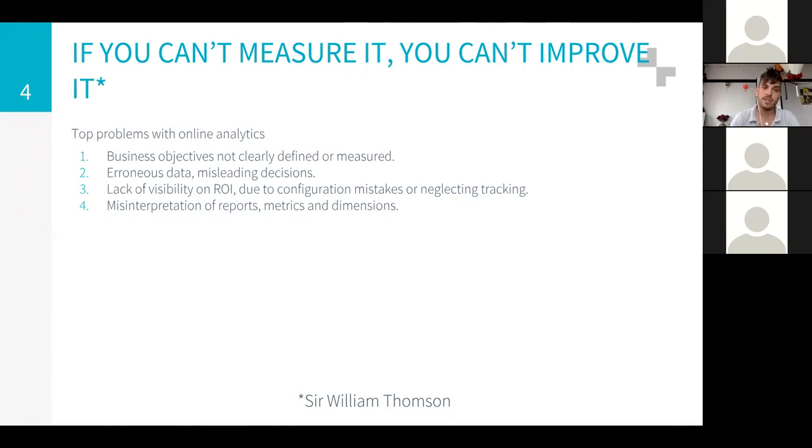The third one resonates with the first: the lack of visibility on return on investment. There are really easy configurations that you can make. You have integrations with AdWords, AdSense, or you could even implement things with your CRM. If you are an e-commerce website, it's really obvious, but you will have to get insight on the revenue you get, so you can calculate your return on investment. And then the fourth one is